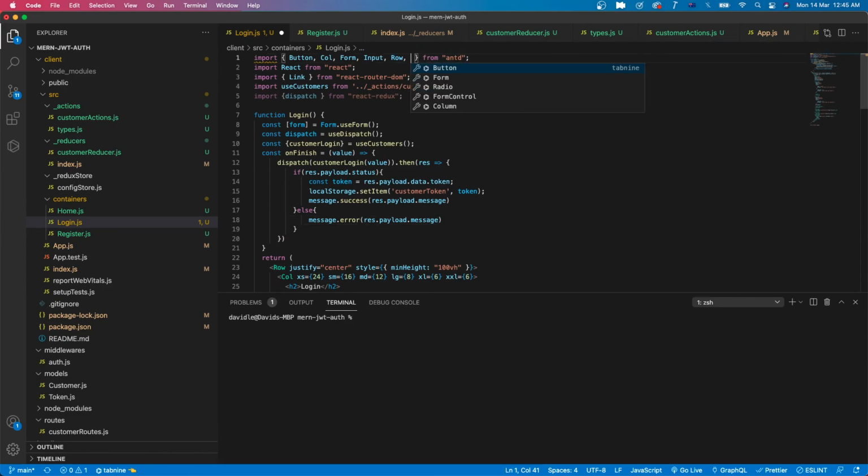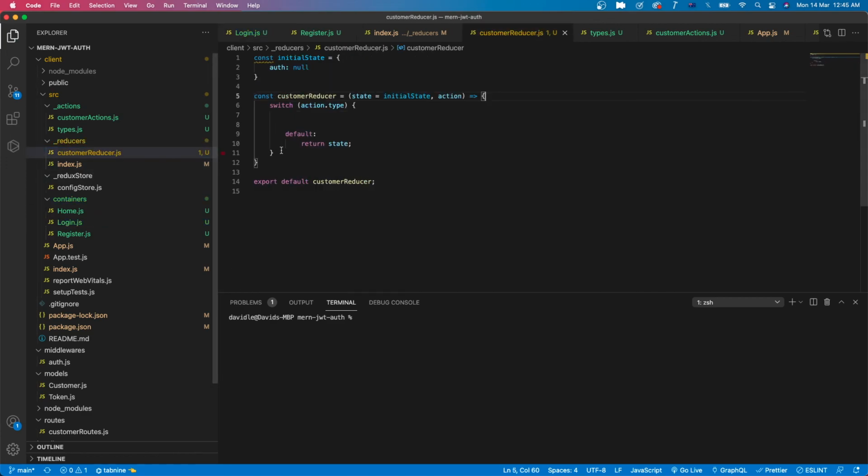Import the message from the ANT design. Dispatch should be use dispatch. I save the file,